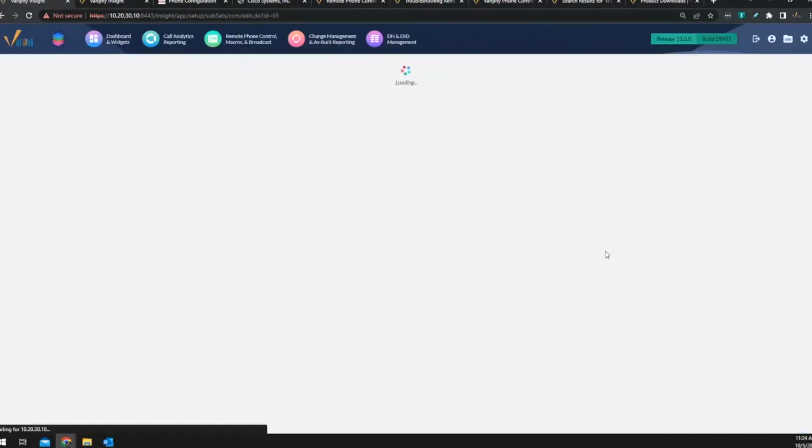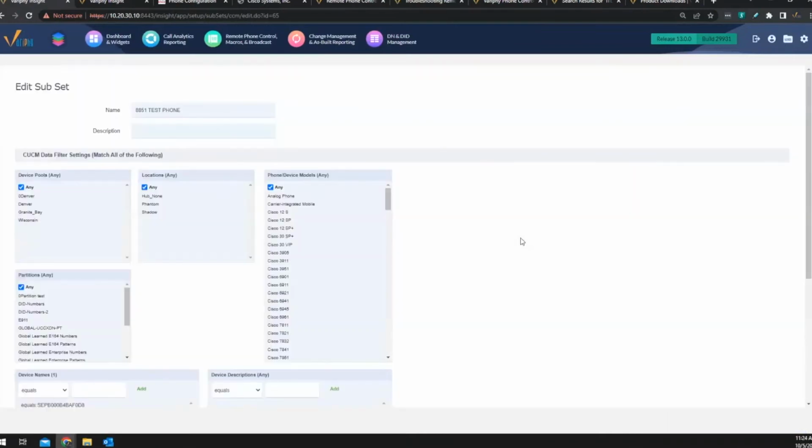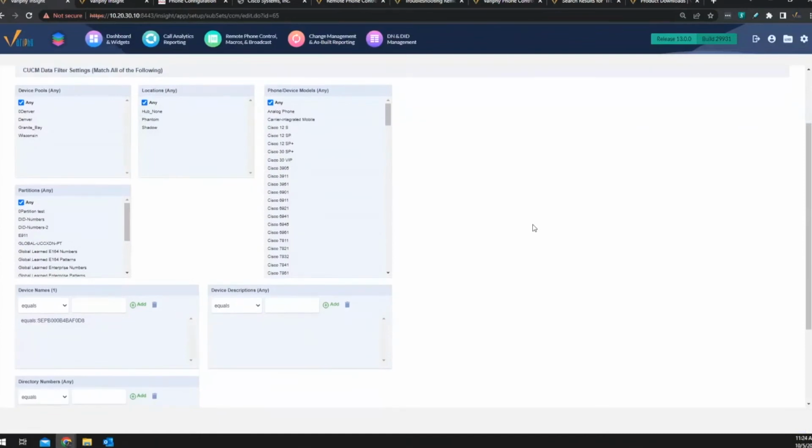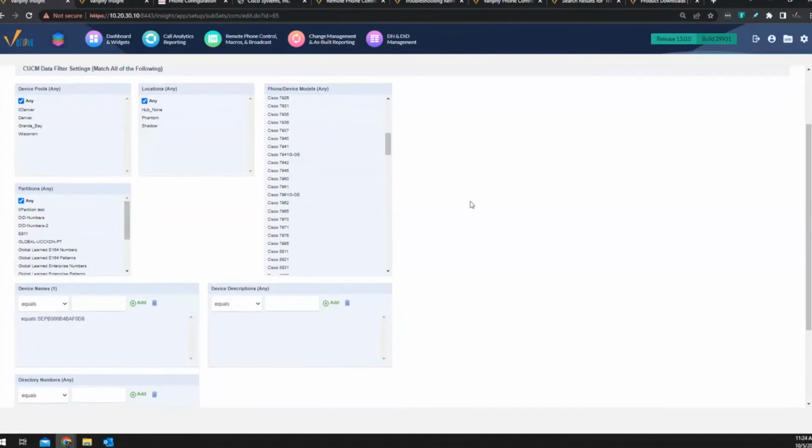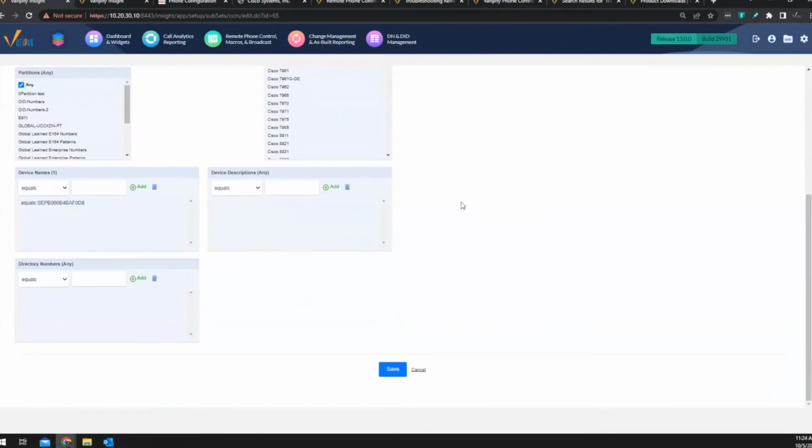This is going to have a list of steps that it just sends to the phone. Now this is just kind of a one-way blast to the phone. It doesn't really do any handshaking, like, okay, I got the first command, what's the next one? It just says, do this, then do this, then do this. So this one is just a kind of a general test one. It's basically set up to get applied to any device pool, partition, location, or phone model. Like I said, these can be specific or can be model and family specific, so you don't want to necessarily blast it out to everybody.